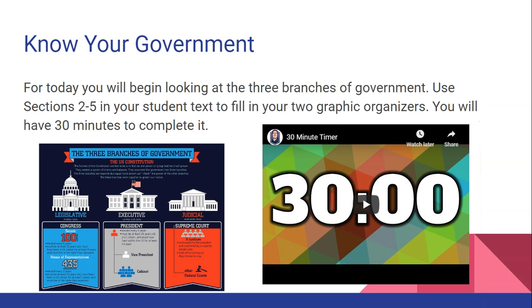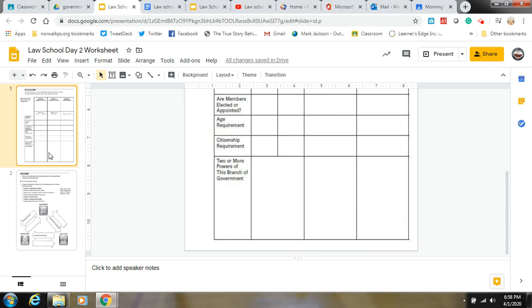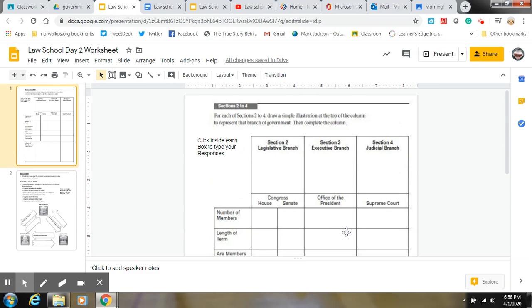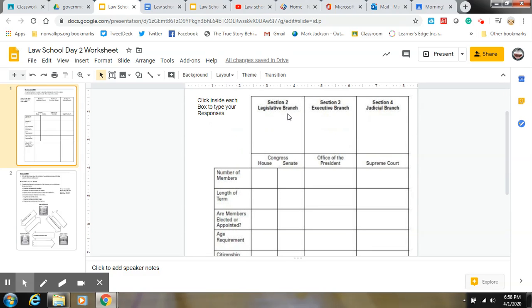For today, you are going to be looking at the three branches of government. You have sections 2 through 5 to work on. What I've given you is a little bit different than the regular Google Docs that we typically do. What I've created is a PDF document that you can interact with. This was a lot easier than me trying to make every single little box. It isn't a Google slide, and you're not creating a slideshow. You will be answering the questions provided for you. You'll go into the reading. You're going to read sections 2 through 4. Do one section at a time. Don't jump around. Start with the legislative branch.